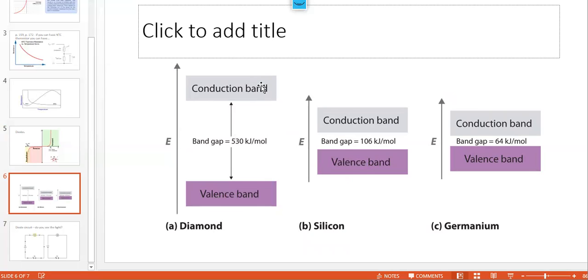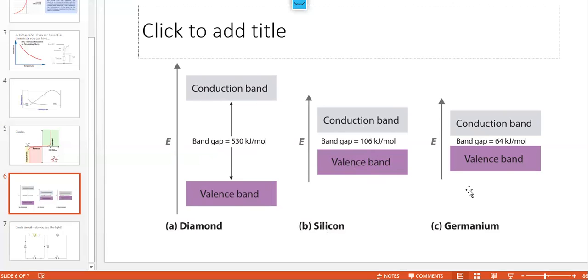where they will conduct. We saw a few weeks ago that air is a great insulator, and yet you can input enough energy in the electric field. If you make the electric field strong enough, you can get even air to conduct electricity, right? Something like diamond is really an insulator, so it's got a high band gap. There's a lot of energy you need to put into diamond to get its electrons to conduct. Silicon, not so much. So like silicon computer chips, germanium, which you can see is also a semi-metal. It's the same number of valence electrons as silicon. It's just a little bit heavier,